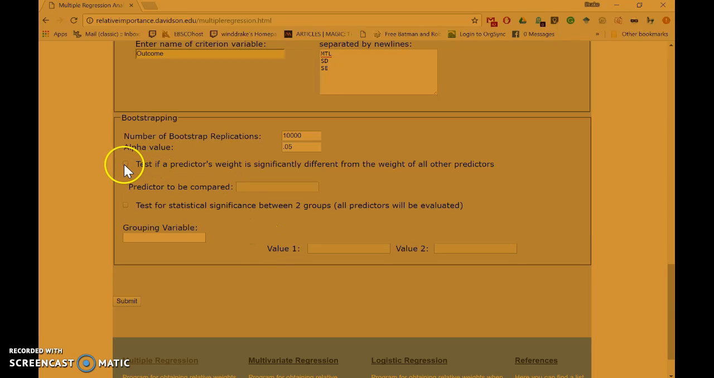We can test if the relative weights are significantly different from each other. So basically comparing MTL to SD and SE, and you can actually only do comparisons to one variable at a time. So in order to look at all of the pairs between these three variables, you have to run this twice, which is kind of what I was alluding to earlier. Not a super big deal, but we're going to go ahead and put MTL in here. So what this round is going to do is it's going to compare MTL to SD and SE, and then to get that